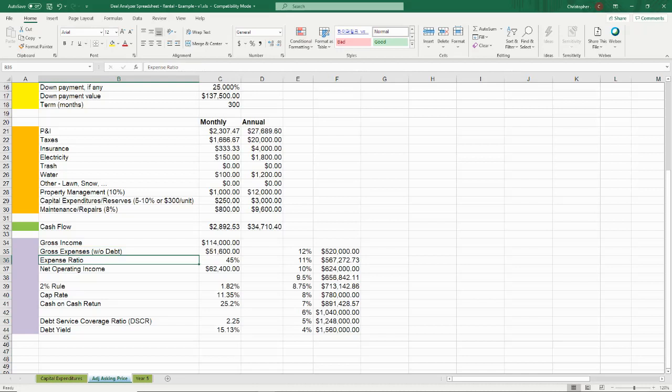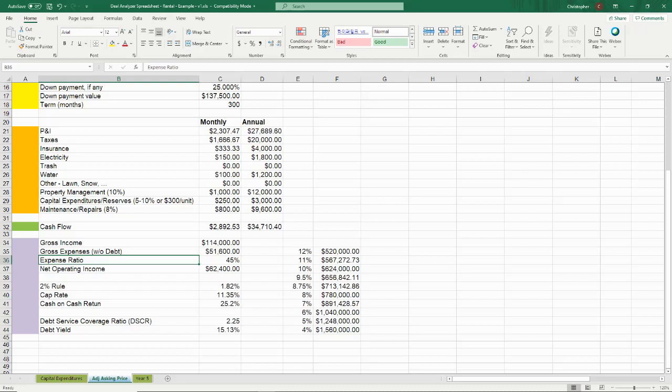So this expense ratio tells us what percent of the expenses, again without debt or mortgage, what percent of the expenses are consuming the income. So $51,600 is 45% of the $114,000 in income. That's the expense ratio. For a multifamily apartment building, and this is going to vary from real estate asset to asset,